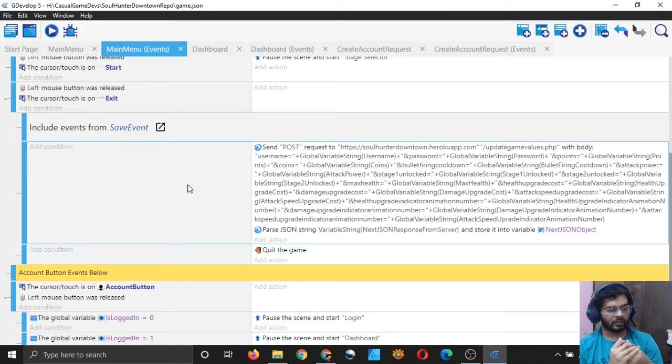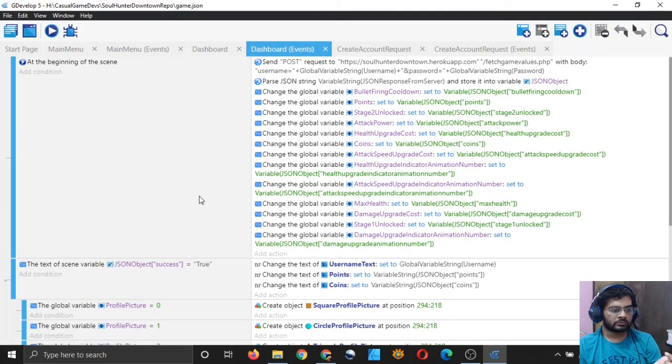When we are loading the game, we should not load it from the cloud directly. We should just load it from the file, right? And when the user logs in, or when the user opens their dashboard, then we will pull the value from the cloud. But there can be some problem with that, I guess.